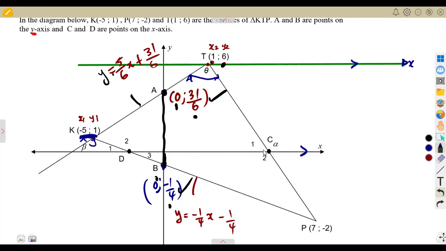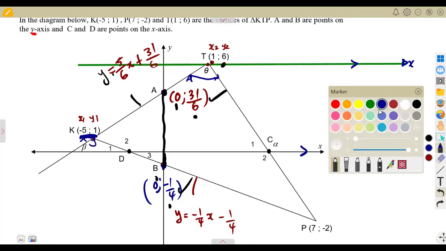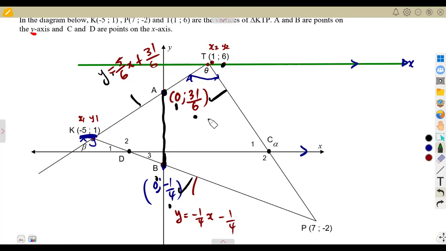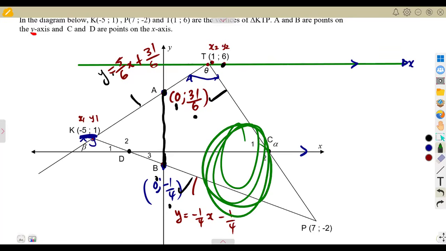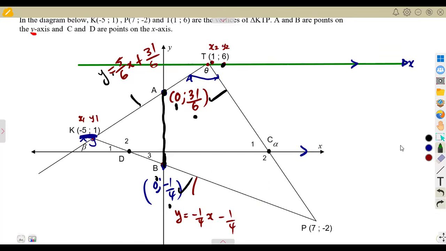So with this consideration, that these two lines are going to be parallel, it means you can work these lines this side, or you can work your lines this side, because this line K to T, if you extend this line like this, the angle of inclination that you are going to use at this point here as beta,